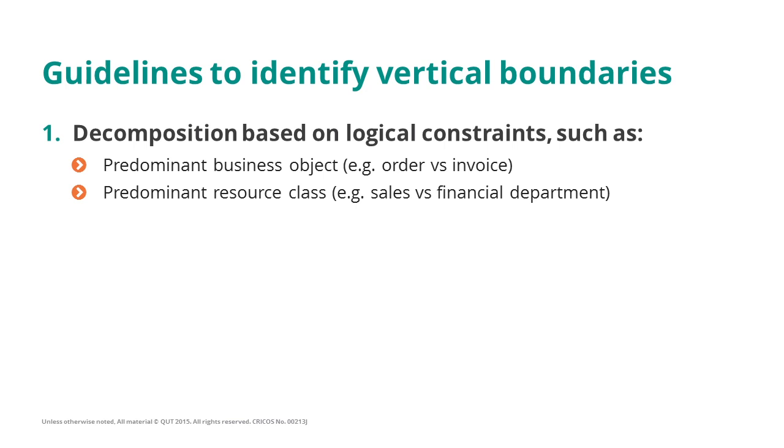Now, an option for identifying sub-processes is to group all the activities of our process that are performed by a given resource class. So, for example, again, this would lead to identifying the invoice handling process, because that is done by finance. And then the second guideline is purely related to